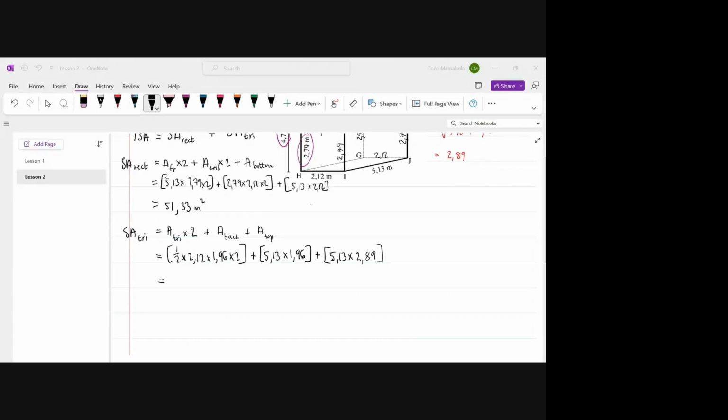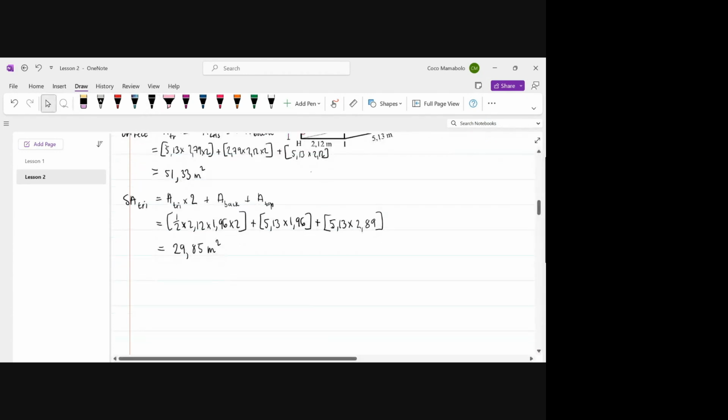Who's got an answer for me? 29,85 meters squared. And now because we know that it's the total surface area, we just need to take the surface area of my rectangular prism, plus the surface area of my triangular prism, and add them together. So TSA equals 51,33 plus 29,85. And that will give us